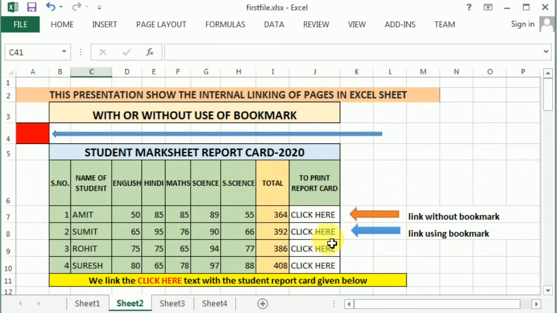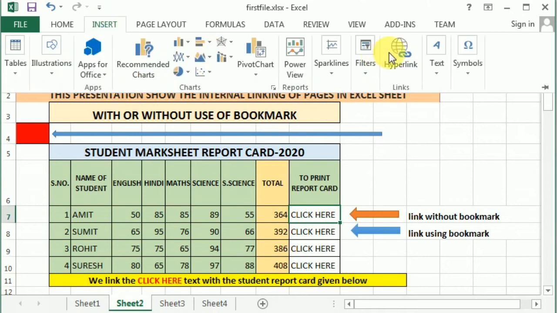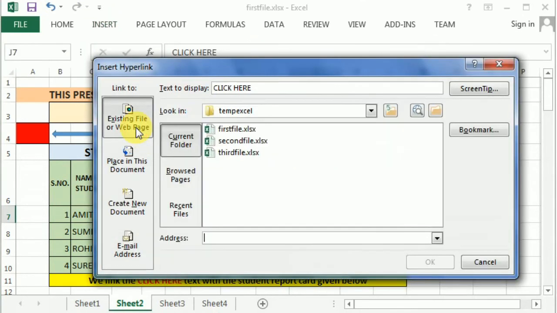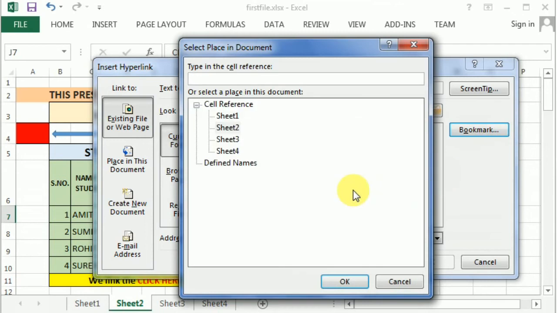Same process. What I have to do is select the cell, go to insert, click hyperlink, existing file or web page, click on bookmark. That will ask where you are. We are sitting in sheet number 2.